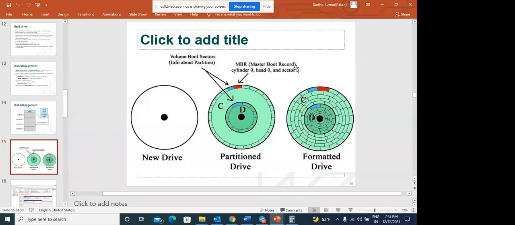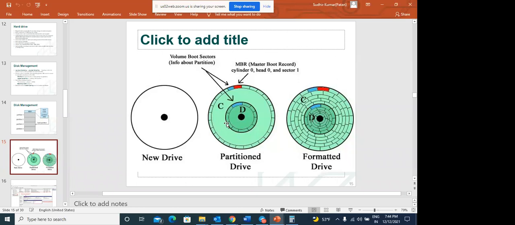Master boot record, MBR. Here you can say a new drive is there. This is the partition, drive C or D you have created. So this is not an exact partition in your disk. This is logical level information. It is showing how the operating system divided your memory into these sectors. This is completely logical level.